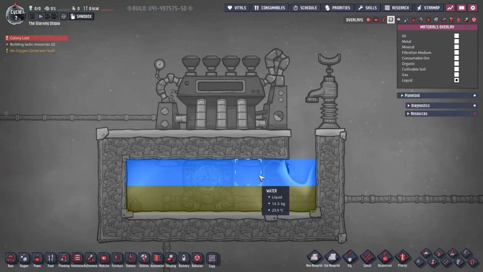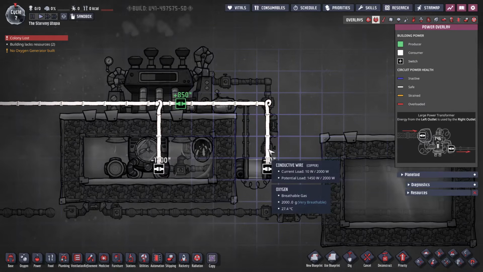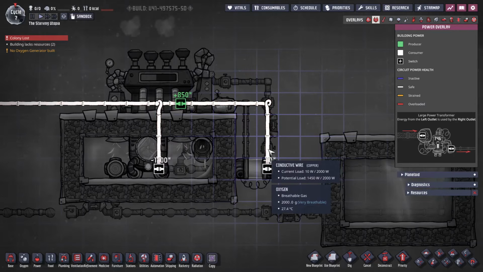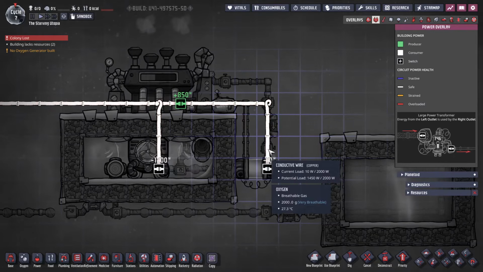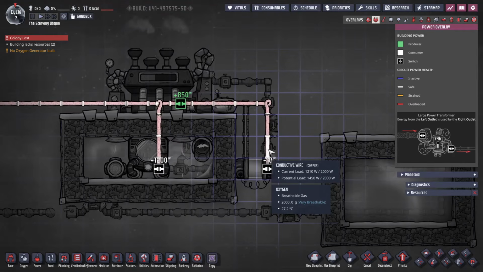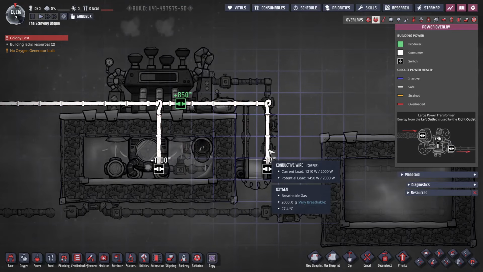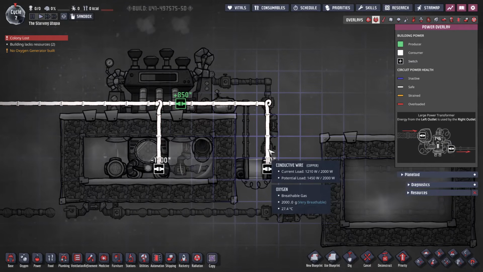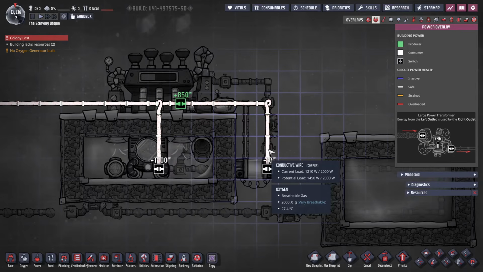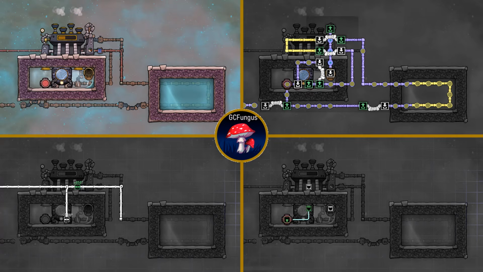kilograms per tile. Then the last point to mention for this is power, and it's fairly simple with a conductive wire feeding into the aquatuner which can be linked to the turbine as well. Note that a cooling setup like this will consume somewhat large amounts of power, so ensure your power supply is stable before building this. This is the final design for a complete cooling system in Oxygen Not Included, and if you don't need fine temperature control, then this will work reliably as long as you keep it powered. I'm showing here my one-take visual reference for this design, which you can use as a reference for your games.